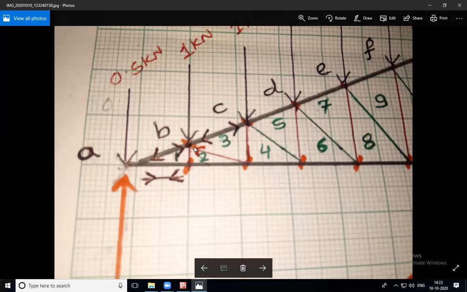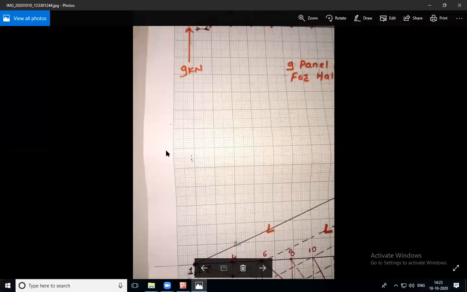Okay, like this. And this notation is to be shown close to B because we are analyzing B. Whatever the point we are analyzing, notation should be given close to that point. And the opposite notation is to be given for these two. Now here, this diagram is very important to understand.